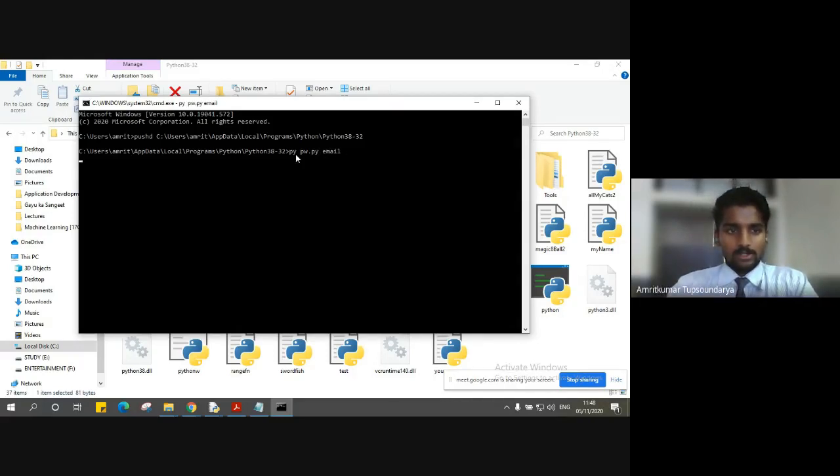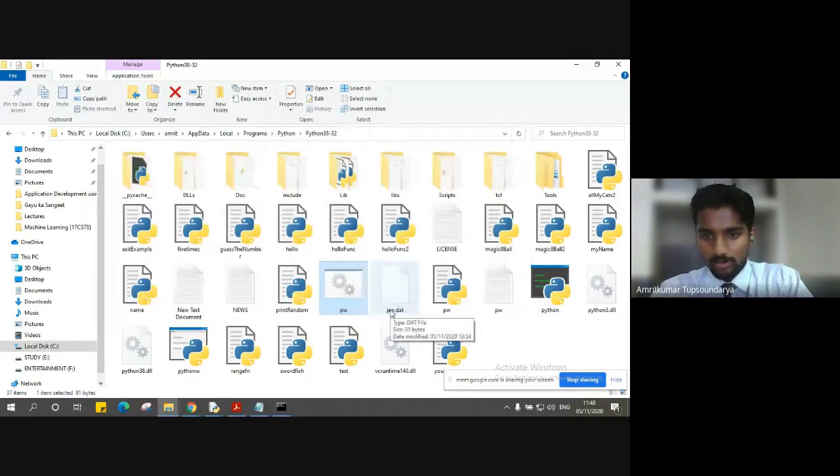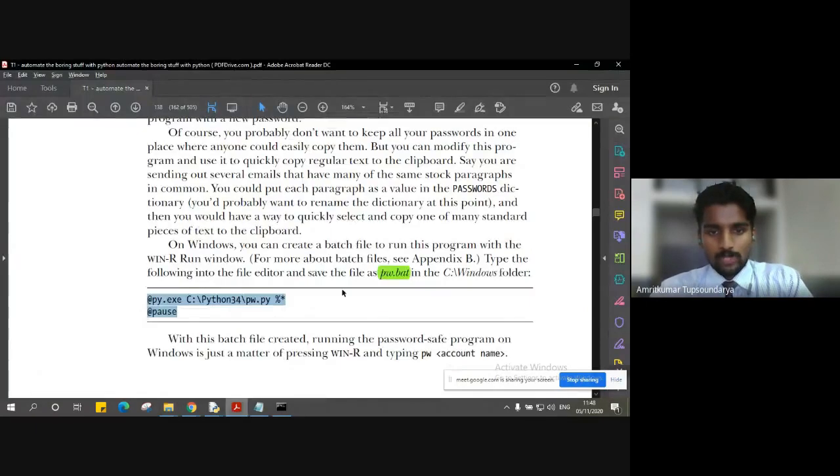But as you can see here, I'm getting an error, which I believe has something to do with the location, but maybe you will not get this error in your case. So just check it out. Fine. Maybe the problem is with respect to some location. I'll sort it out maybe in the next class. But some people at least should be able to get this output with this method, right? So that's how we executed it.